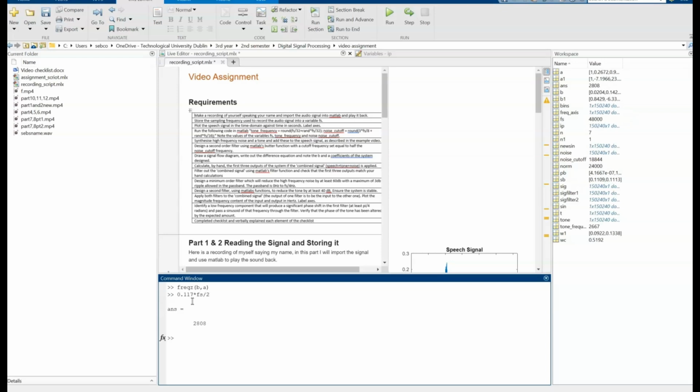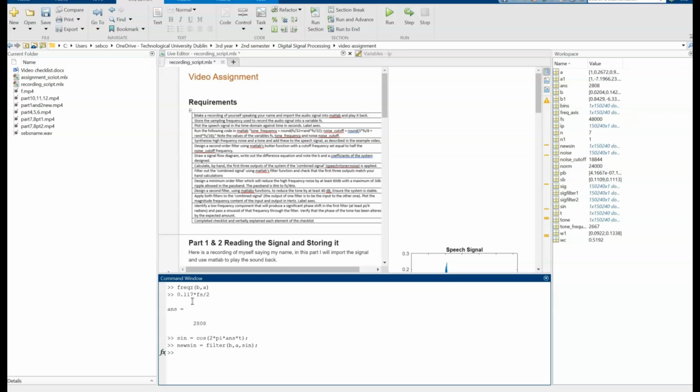So 2808 hertz. Then we're going to create a new sinusoid called sin, 2 times pi times our answer times t, and then we're going to pass this sinusoid through our filter. So new sin is equal to filter b a, and sin,